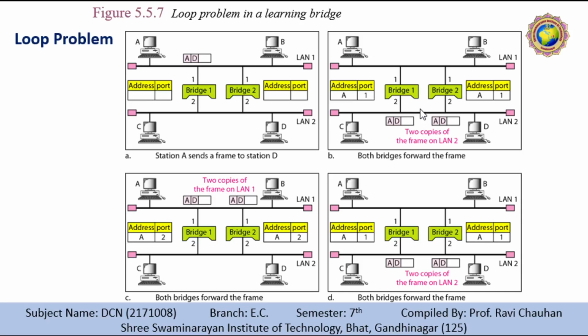Note that each frame is handled separately because the two nodes on the network sharing the medium can use an access method such as CSMA/CD. The tables of both bridges were updated, but still there is no information about the destination D. So there is no destination detail available. In step 3, now there are two copies of the frame on the LAN.